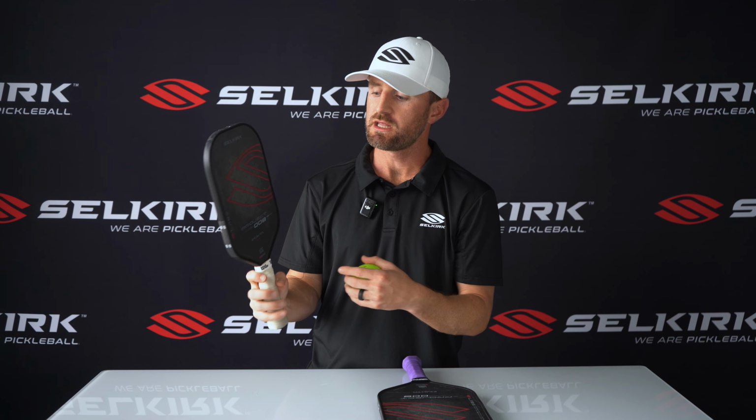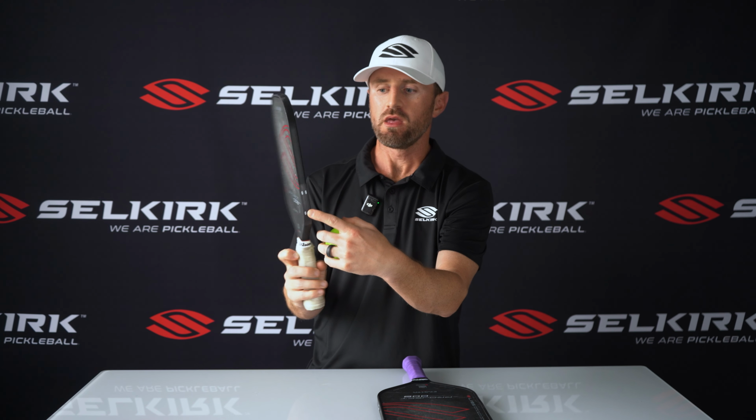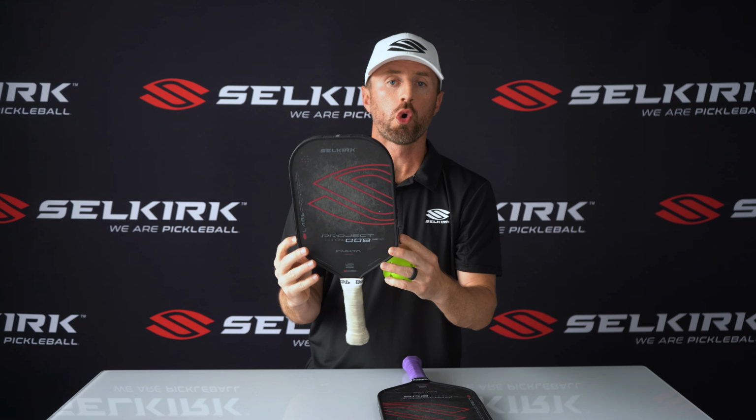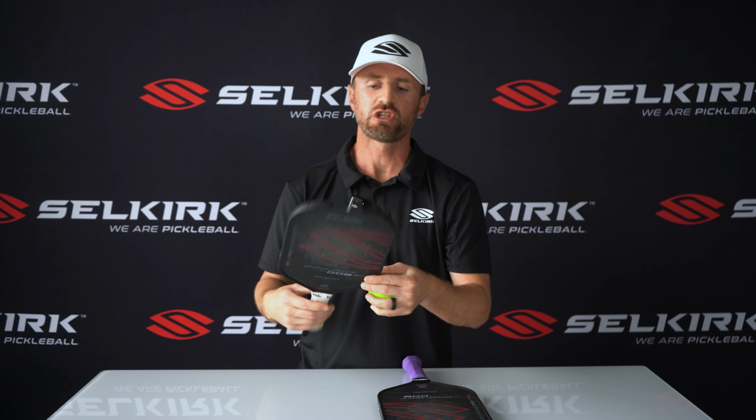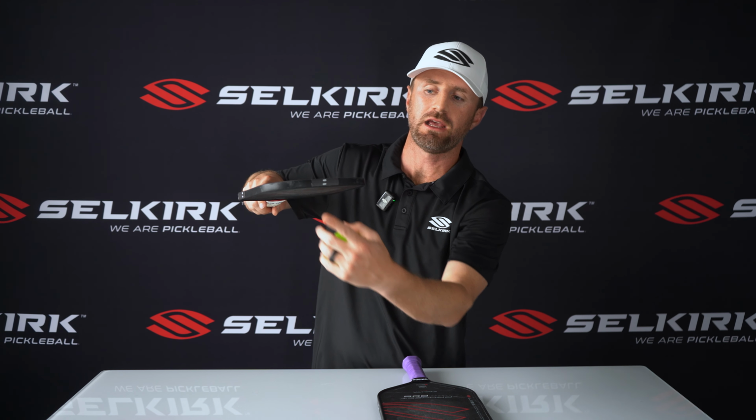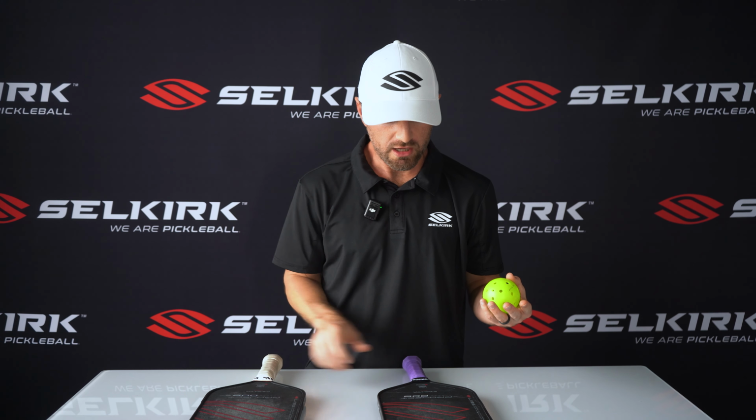On this paddle in particular, I have doubled up tungsten tape here and here, right at the bottom corners of the paddle for extra sweet spot and stability. I've just put a little weight here at the top because I didn't feel like it needed that much extra swing weight. But if you were to take a look at how I set up the 13mm version, I've